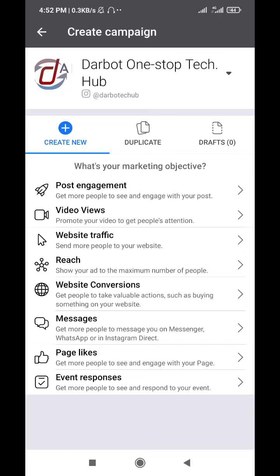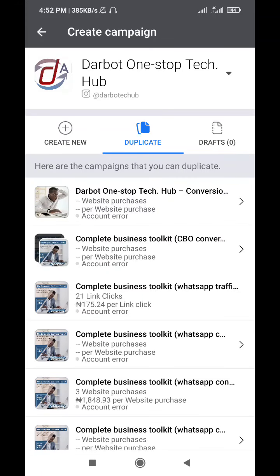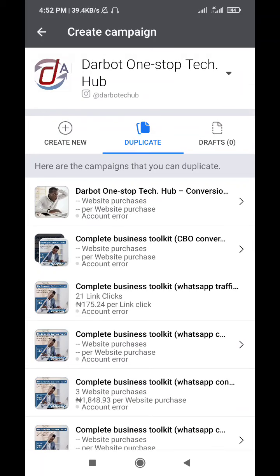I hope with this you can run effective Facebook ads. It's not something that is difficult at all. It's very, very easy to do. Just take your time and practice all over again. In fact, you can duplicate your existing campaigns, the campaigns you have created. Maybe you just want to change the audience or something. For instance, if you are testing with CBO and you have created one campaign, instead of creating the campaign all over again,